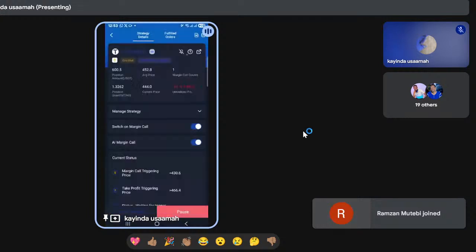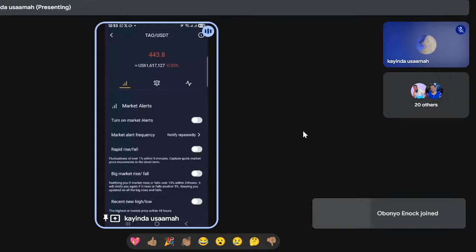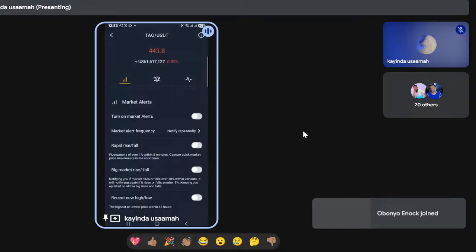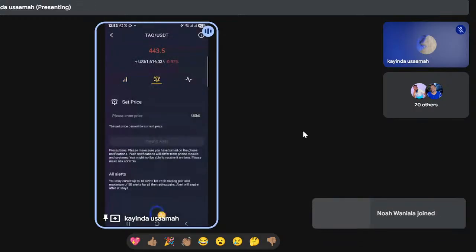Here it is showing you a button. When you tap this button, you can tell your robot to remind you in case this trade does anything. For example, market alerts. You can tell the robot to tell you when there is a big rise or fall. When there is a big rise on this, the robot will be telling you. Or you can tell the robot to notify you when this trade goes to